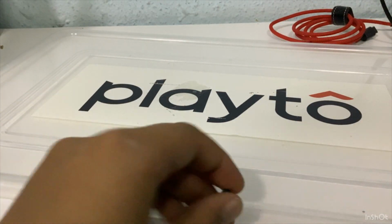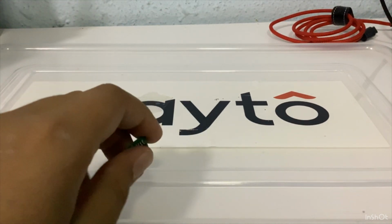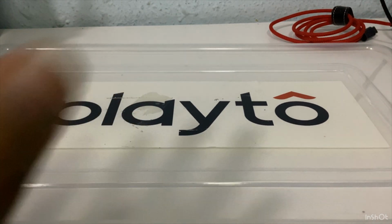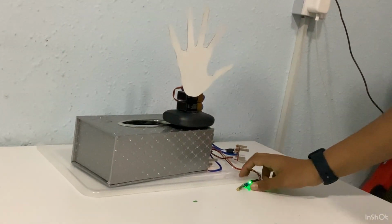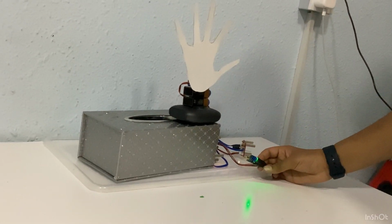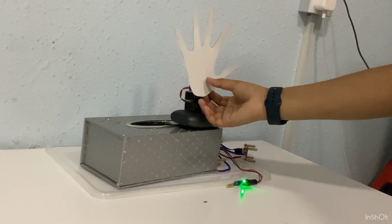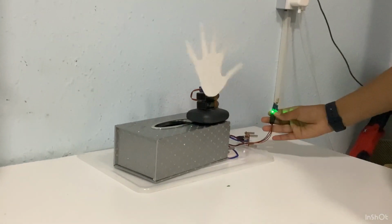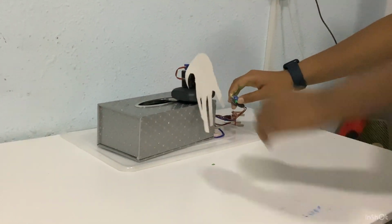Now we will be seeing the moment we have been waiting for, the process. Now you will be seeing the hand waving robot. It won't look like a robot with moving wheels, but it can sense us. It can sense hand waves. So let's start. Now let me turn this on first. Basically, the tilt sensor senses my hand tilting, so I have to hold it so it can. This is a cut of my hand that I made from a cardboard sheet. As you can see, whenever I hold my hand like this, tilt it,